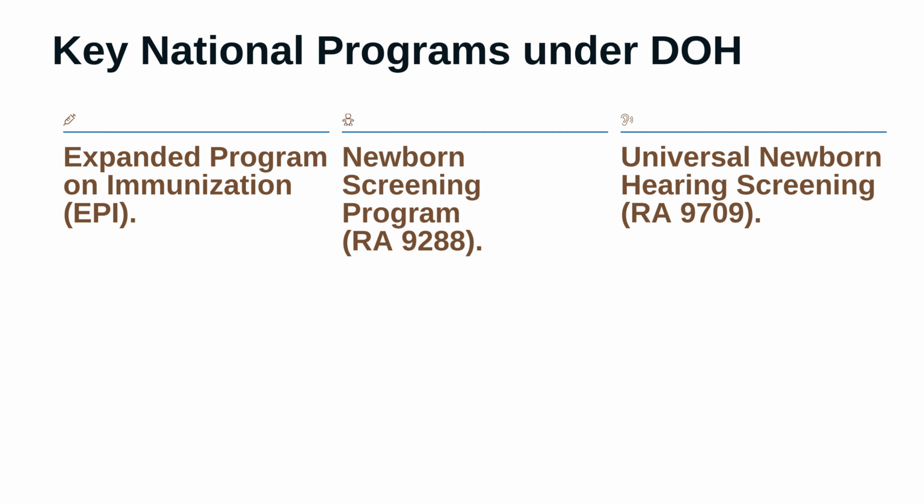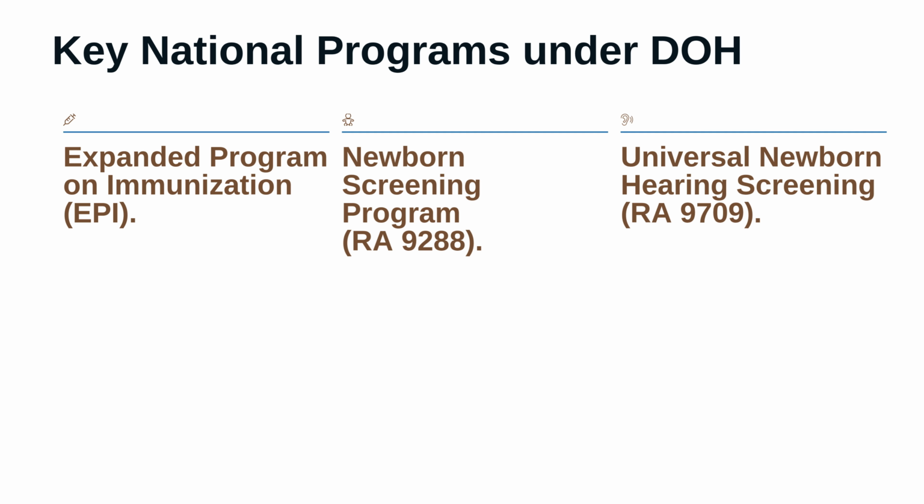The Department of Health implements several flagship programs under the Family Health Cluster. This includes the Expanded Program on Immunization, or the EPI. This provides vaccines against preventable childhood diseases like tuberculosis, measles, and polio. The Newborn Screening Program, as stipulated in Republic Act 9288, is important in detecting congenital disorders early on to prevent